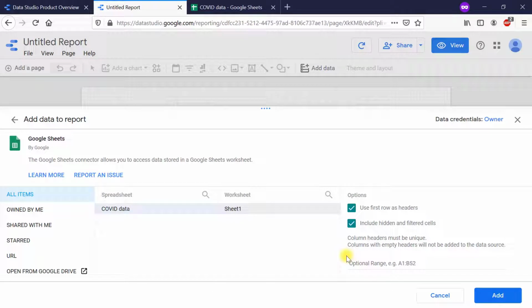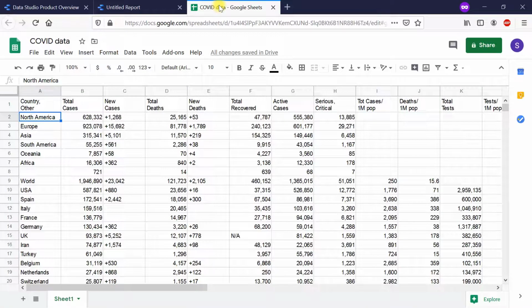And the second option is whether you want to include hidden and filtered cells. So basically in Google Sheets, you can hide certain parts of your sheet and you can also apply filters on your data. If any such filter is applied, do you want to access the filtered data only or the entire data?